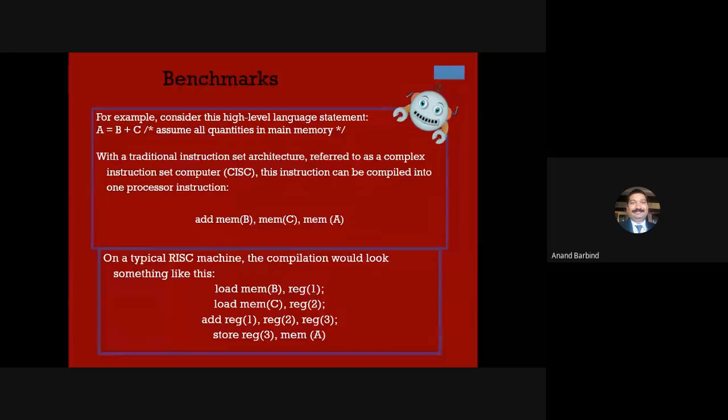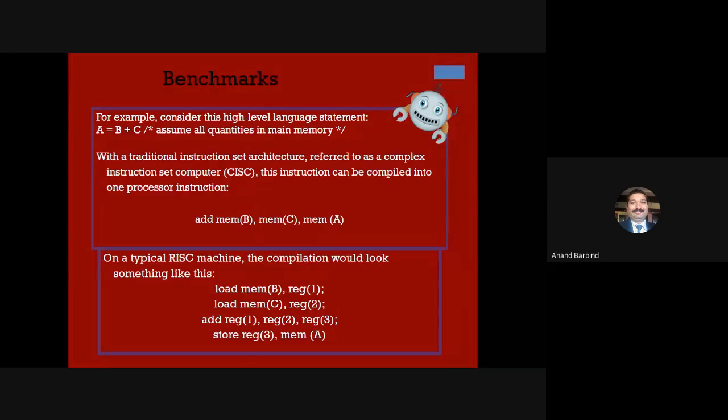Okay, so for this purpose, usually the standard programs are used. If anyone wants to measure the performance of the computer, then he or she cannot randomly choose a program of his or her wish, but needs to choose the program from the standard programs. Standard programs are given, and you choose from those. Such programs are called benchmark programs. Okay,